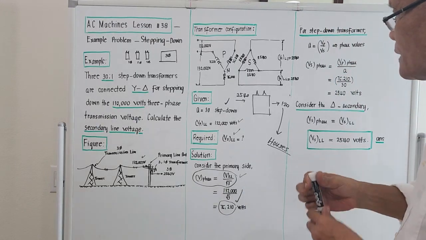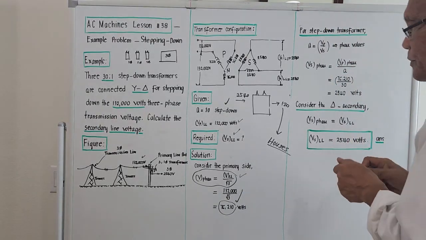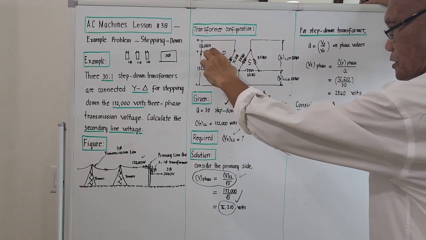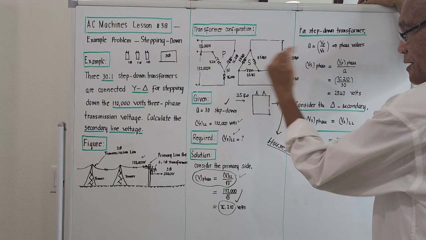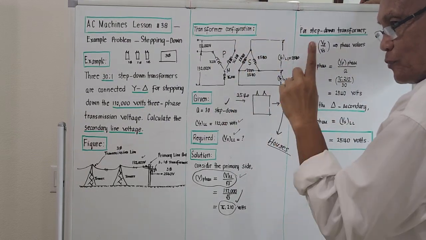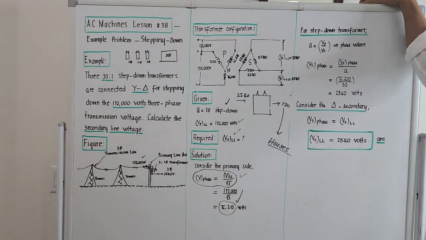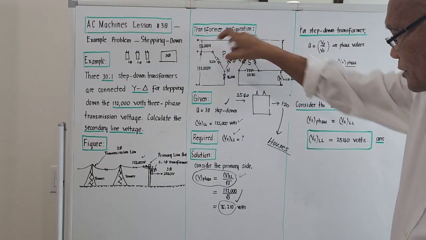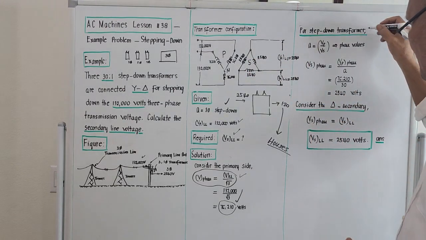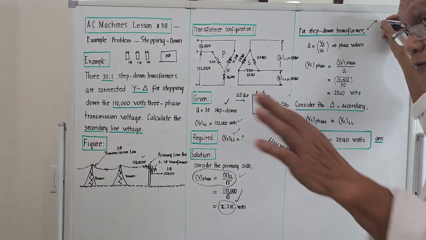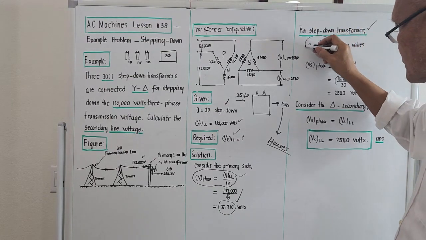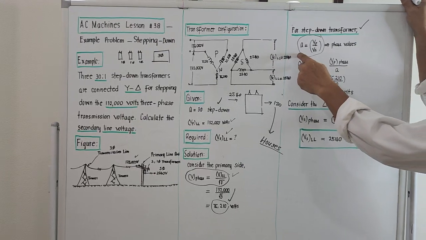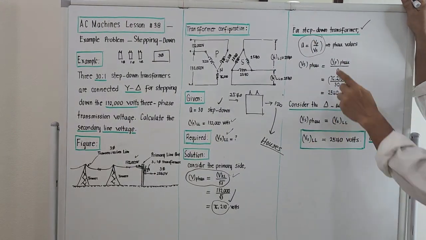So we now know the voltage on the primary side phase value. Okay? So we transfer this value here to the secondary. And what will be the required relation? To get the relation of the phase voltage on the primary with respect to the secondary, for a step-down transformer, to get the relation, we will be using this equation here. For a step-down transformer, the ratio of transformation is actually,